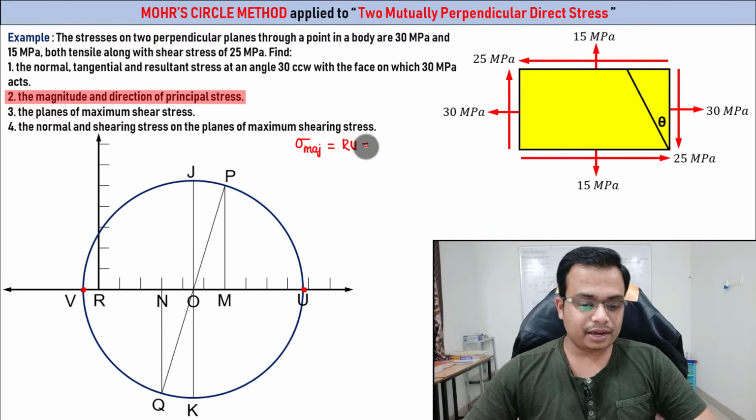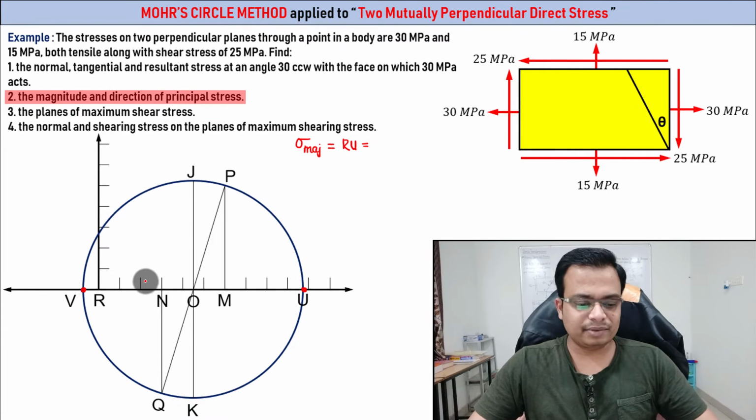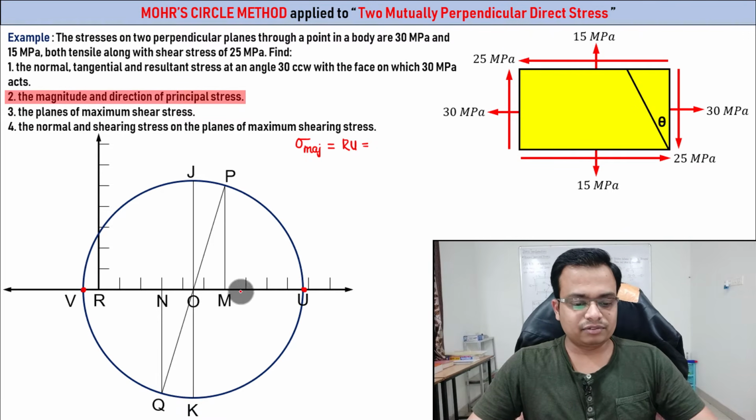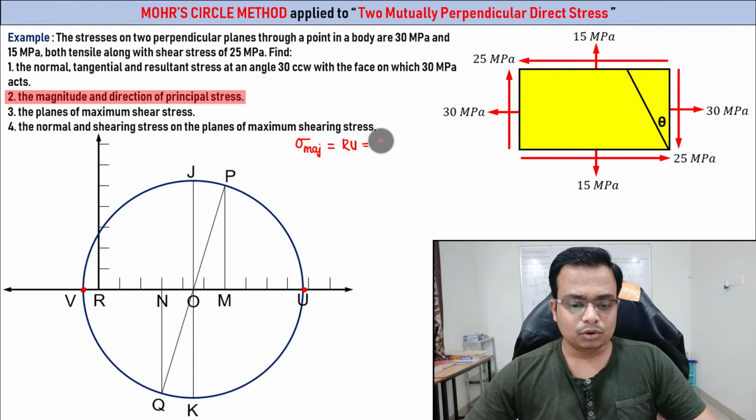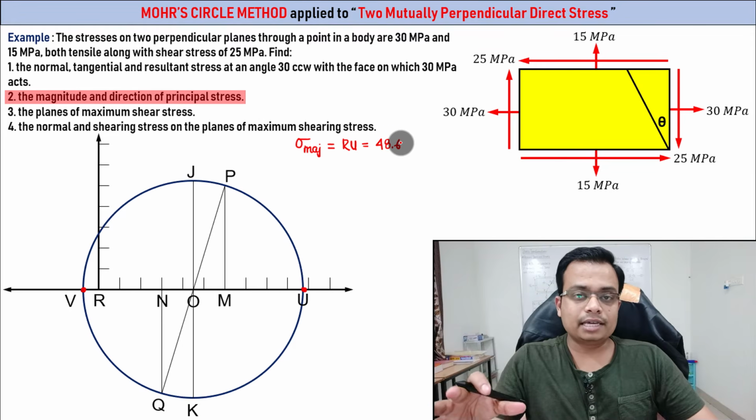And if you try to make a measurement, just a rough estimate, 5, 10, 15, 20, 25, 30, 35, 40, 45 and 50, very close to 50, just before 50. This is going to be equal to 48.6. I have got the exact values as I initially made this on AutoCAD. So machine can never go wrong. Okay,